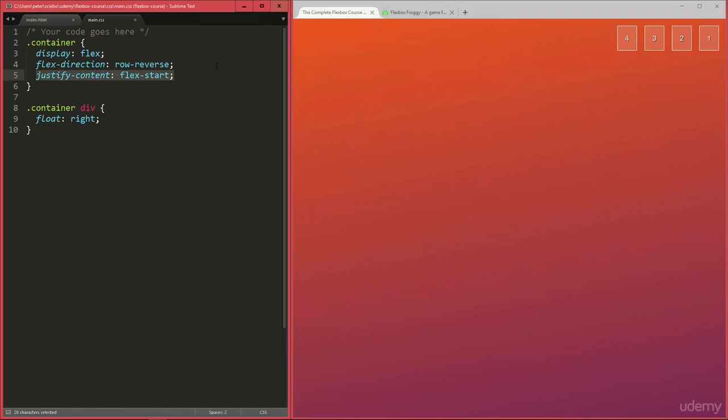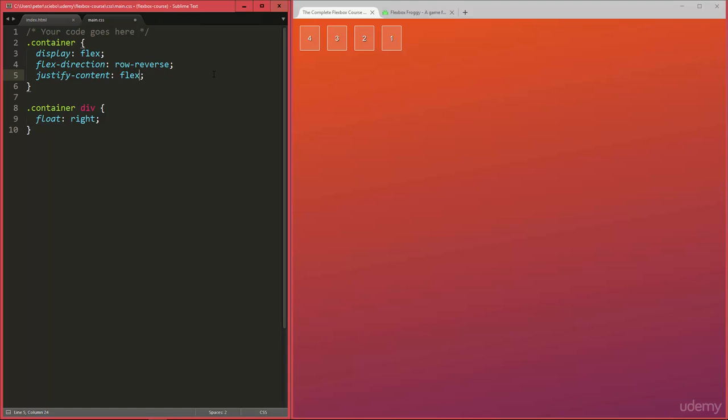So this justify content property here is also what creates this effect, you could say, of having elements floated to the left or right, even though there's no float involved here at all. It's kind of like text align left or text align right. Okay, so now to actually align them to the opposite end of the flex container, or rather its main axis, you can use flex end. So for row reverse, it's gonna look like this, which is very similar to row, but note that the order of the child elements here, the flex items, is now reversed. So we start with 4, 3, 2, 1, instead of going the other way around. So you still have this reverse effect here, but the flex items themselves are aligned to the left.